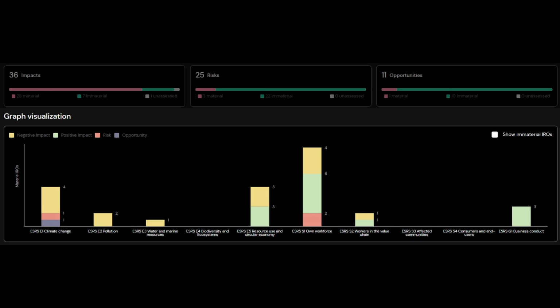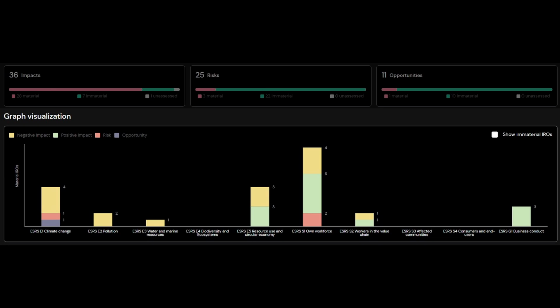However, looking a bit closer, we can see that there are material pollution and water and marine resource material impacts. So we may be capturing the impacts that you might expect on biodiversity and ecosystems. Those secondary ones may be being captured through the primary impacts on the environment through pollution and depletion of resources